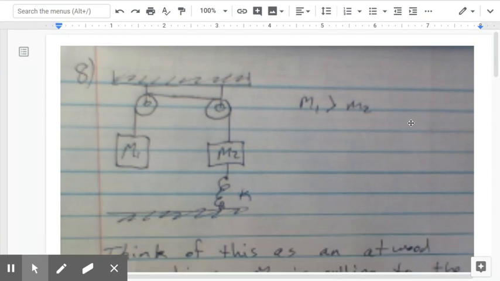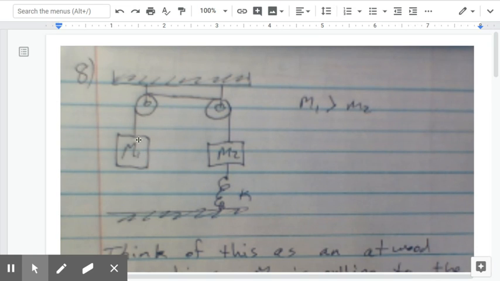And we have a mass on the left side that's pulling everything, and we're going to call that direction to the left. And we have a mass on the right side that's trying to pull everything to the right. And then we have a spring that, to begin with, is in the neutral position, so it's neither pushing nor pulling. But because M1 is larger than M2, the whole system is going to go this way